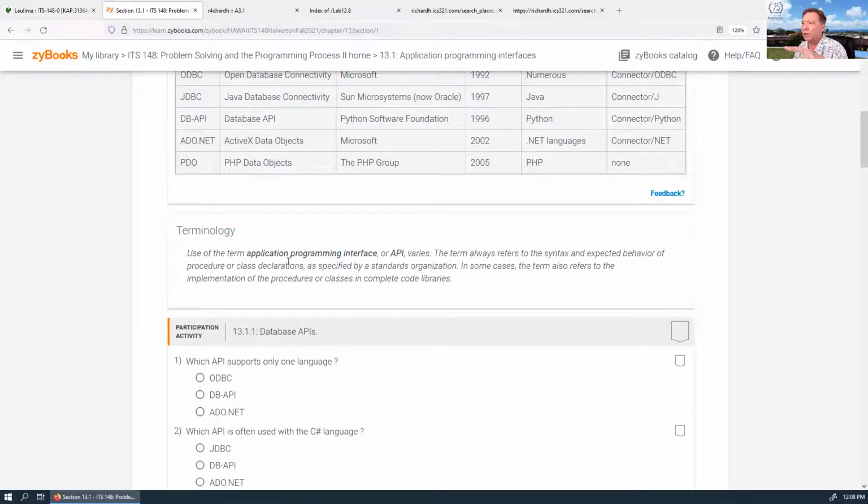Okay, here we go. Terminology. The use of the term application programming interface, API, varies. The term always refers to the syntax and expected